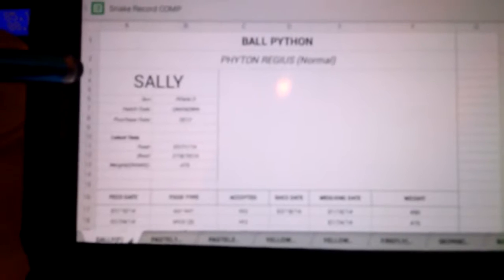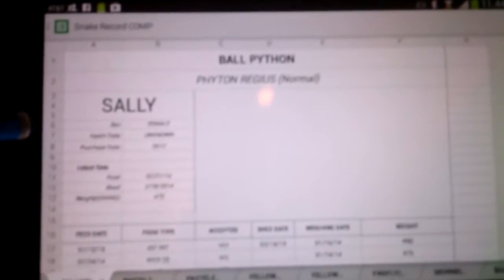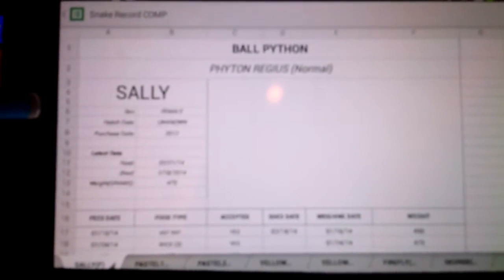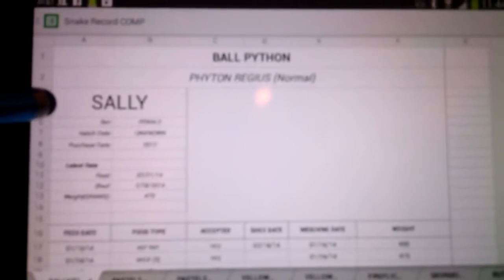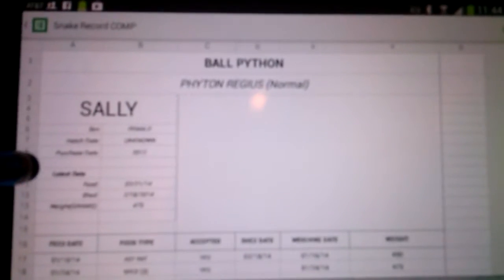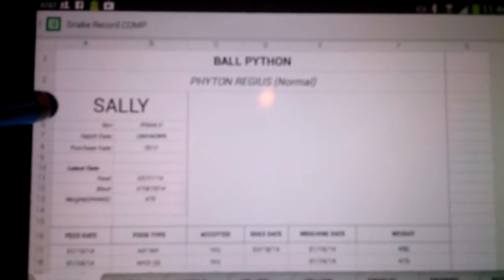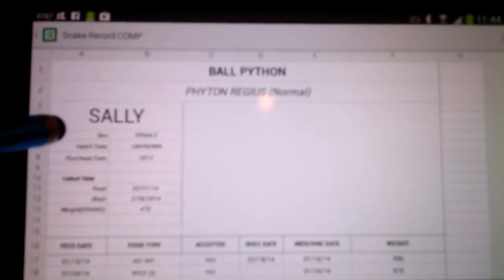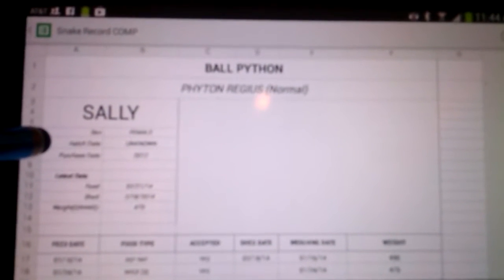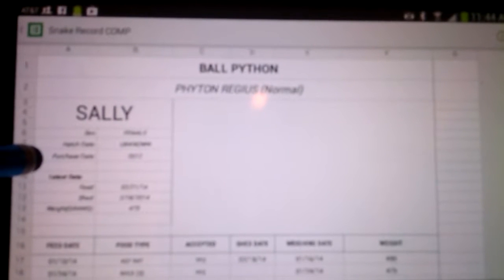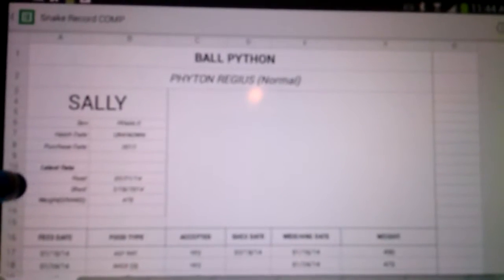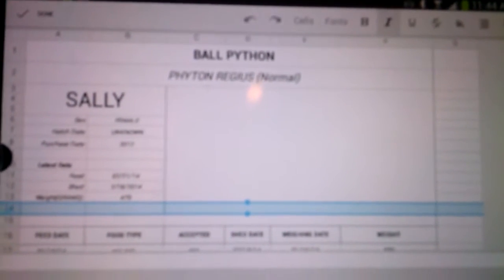I know it's kind of blurry. Basically we have a sheet for each of our snakes. I know it's not showing very well on the video here, but we have all the information there. If they have a name, we have a name. Some of the snakes we have names for, so that's their name. Their sex, the hatch date, the purchase date if we bought it, and then the latest data column right here,